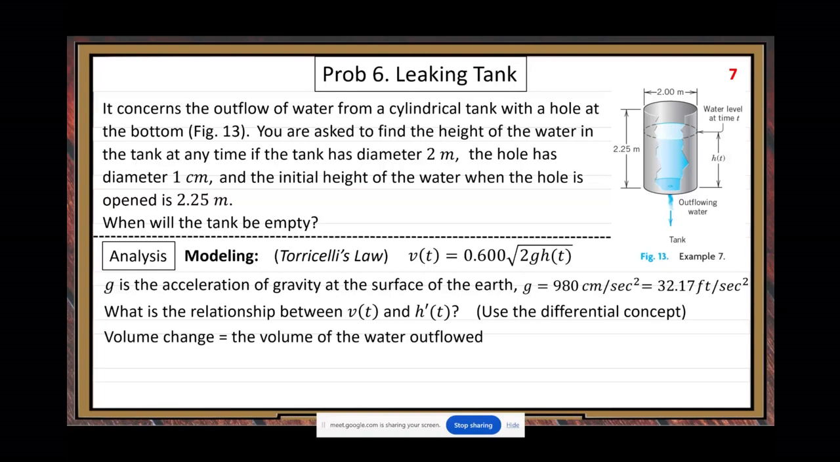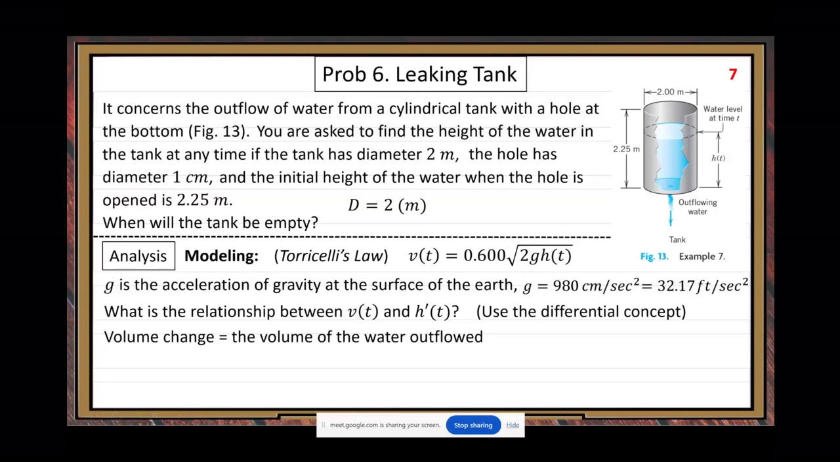Pi r squared, the cylinder volume, times the H difference, right? Yes, the H difference. Here, for the volume change, we use delta V. Delta V. Now, before we do that, let's write